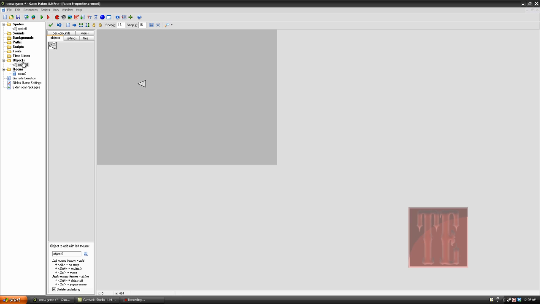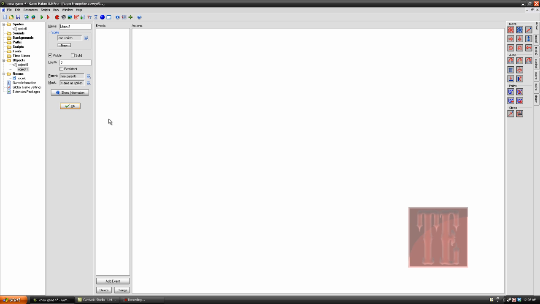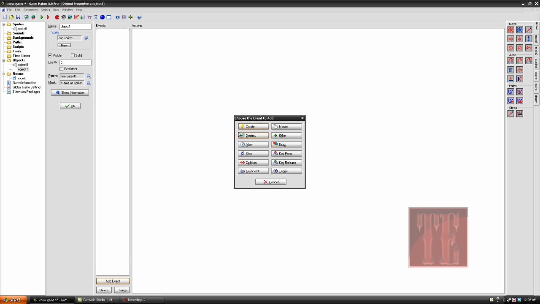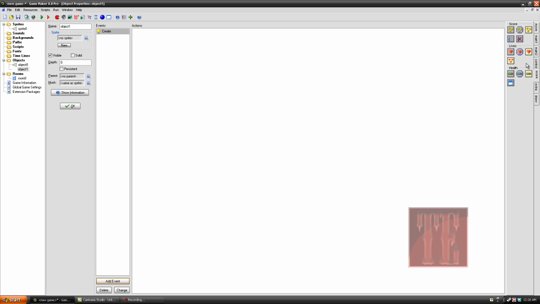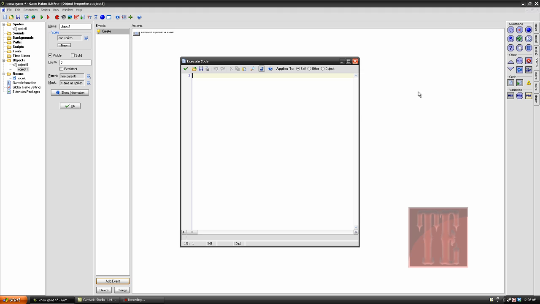Now, to create your particle effects, we create an object, and in said object, your object is going to be object 0 if you're starting this tutorial like that. If you're downloading my tutorial, then you'll have the file itself. But in object 1, which is going to be my file, object 0 yours, we will go to add event, then create, and we're going to go to control and then code, and we're going to put